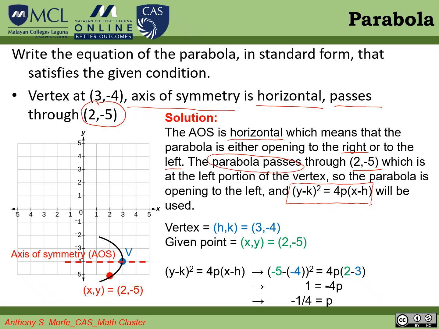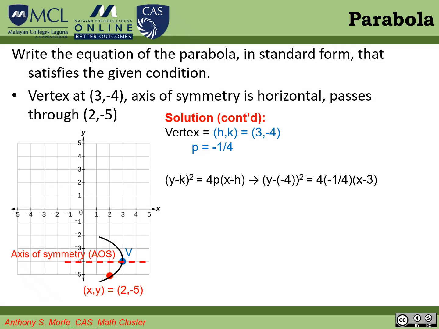Okay, so we got p already, and after that we have to substitute it into the standard form of the equation of the parabola. After substituting, we have here minus minus, this becomes plus, y squared. So 4 times this one cancels. We have at the numerator 4, and the denominator is 4 also, that cancels. So we're remaining with -1, -1 times (x - 3). So we got this. So this is now the standard form. Okay, so I think that's all for this lecture.